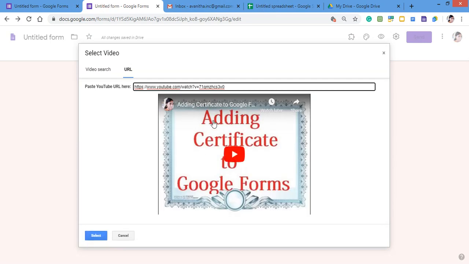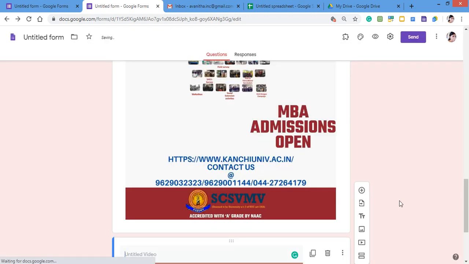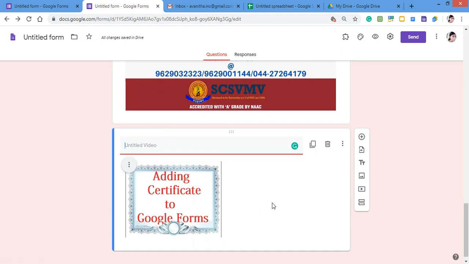For example, automatically it will be displayed. You can play also, and you can select. By this way also you can add your video to your Google form. The person who is going to fill the Google form can see your video, and he can understand something about the Google form which you are sending.